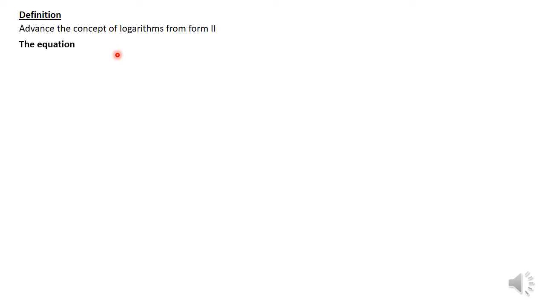The equation we have, appearing on screen there, is normally read as 2 raised to the power 3 equals 8. Students at this point are familiar with that expression. 2 is called the base, 3 is the index. It's also the power. Now that equation, 2 raised to the power 3 equals 8, can also be written as